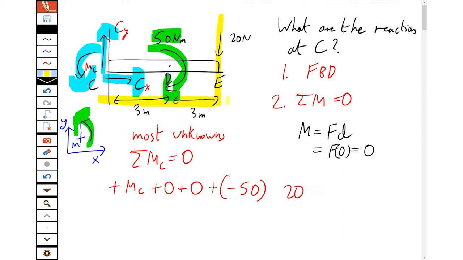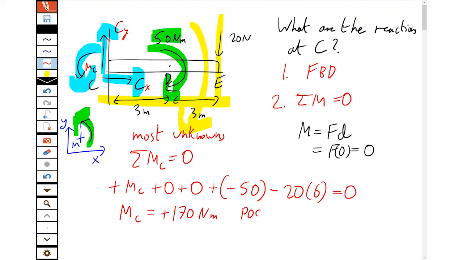a perpendicular distance of 6 meters away. And looking at it, we can see that turns clockwise around C, so it's negative. You see, I call out the full procedure every time I do it, because I'm going to do it 1,000 times in this course, and then it becomes second nature, free and easy. So that equals 0. Lo and behold, we have one equation with one unknown. We find the moment at C is plus 170 Newton meters. That's positive. So it's in the direction I drew,